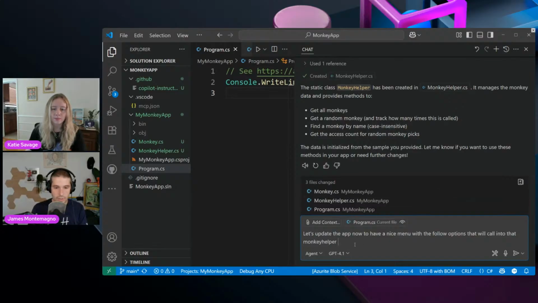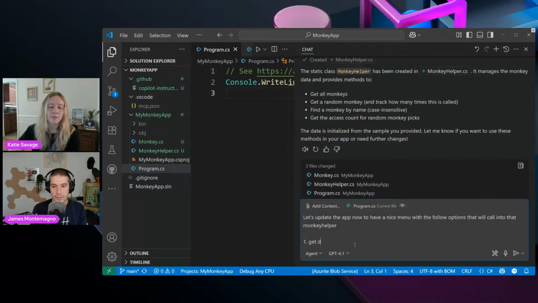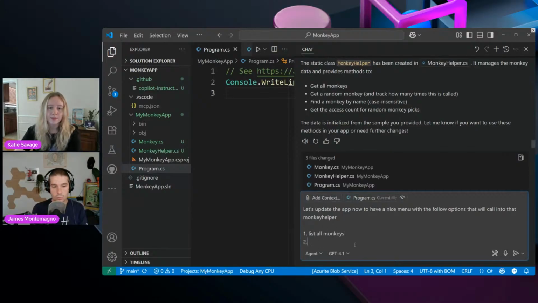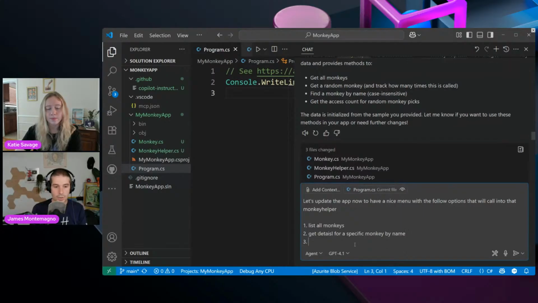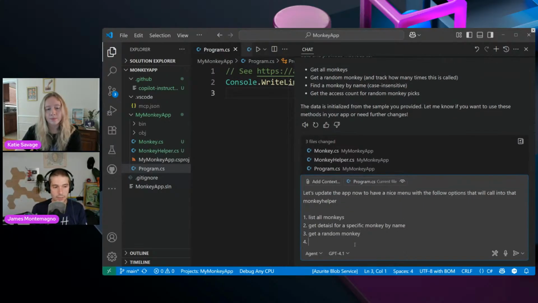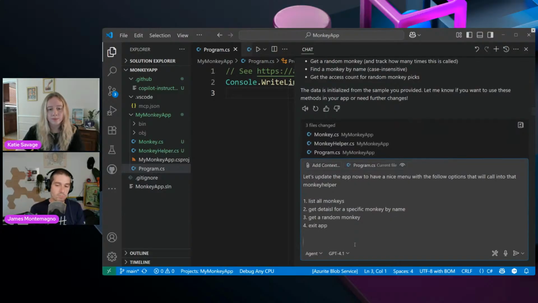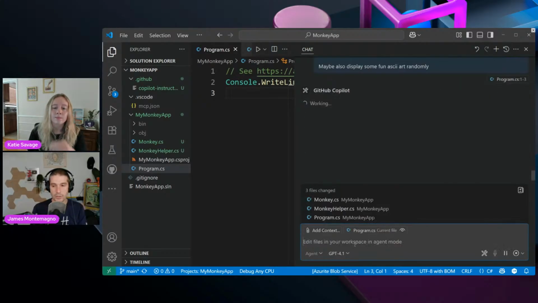I'm going to say 1, get details or list all monkeys. 2, get details for a specific monkey by name. 3, get a random monkey. And 4, exit app. I'm going to say maybe also display some fun ASCII art randomly. Perfect.